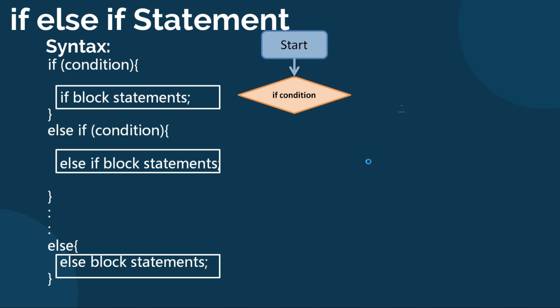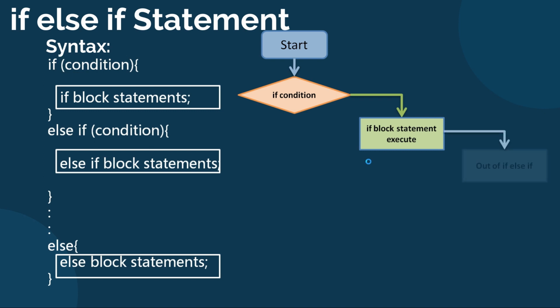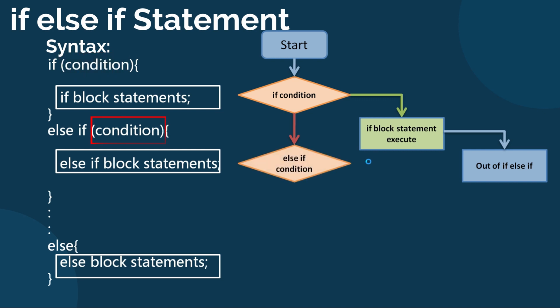If it is true then it will go and execute the if block statements, and after execution of the if block statements it will come out of if else if, and if that condition is false then it will move on to the next block, that is else if, and it will check the condition, and if that condition is satisfied to be true then it will go and execute the else if block,